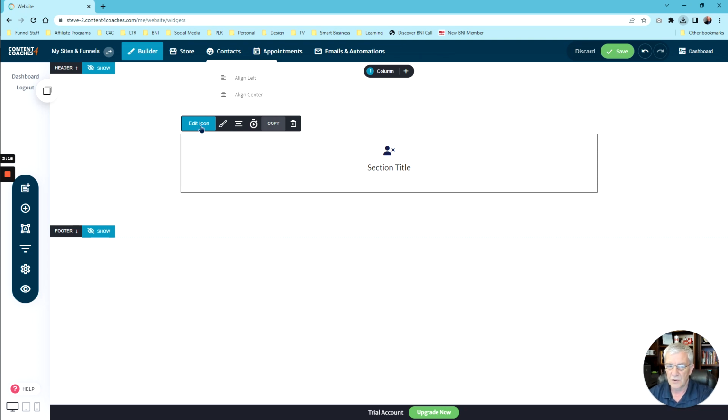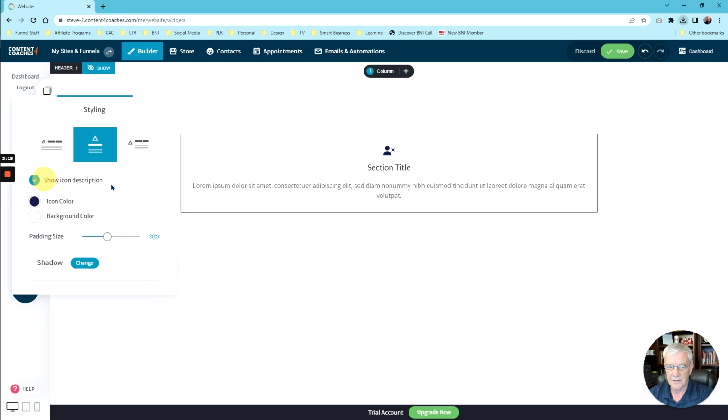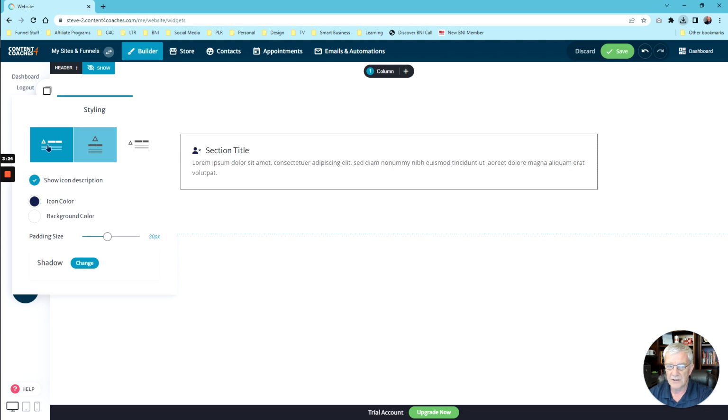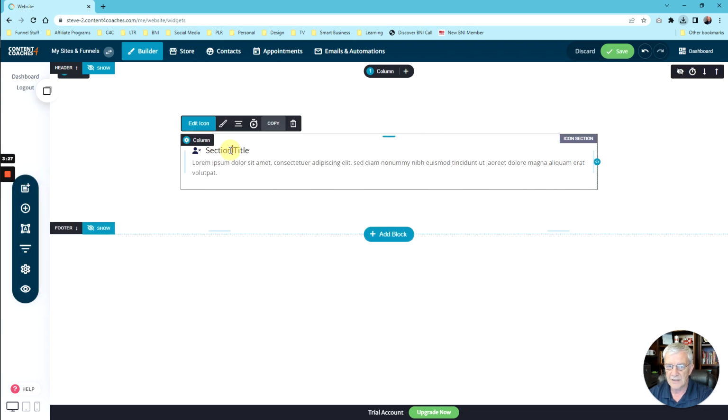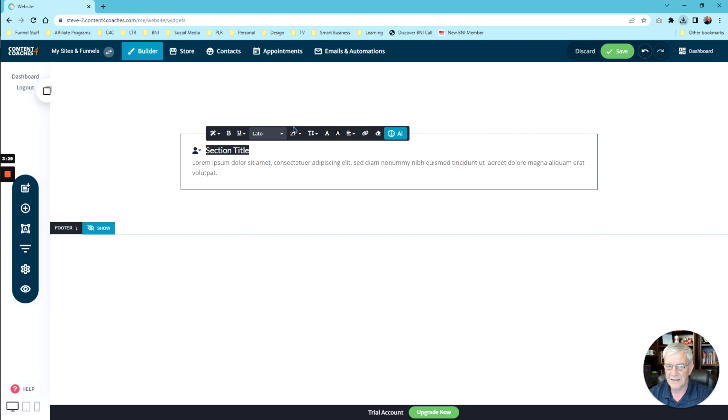We're going to go one back to the edit styling. I want to show you something with the description and the title. I'm going to put it back to the left so we can look at what's going on here. With the section title, you can change this text, and it's the same as every other text box we've got. You can change the font, the color, the bold, change it into a quote or a normal, change it into a different style header, because this is the header part of it. You can do underline, italics, strike through, subscript, superscript, change the font, the size of the font,